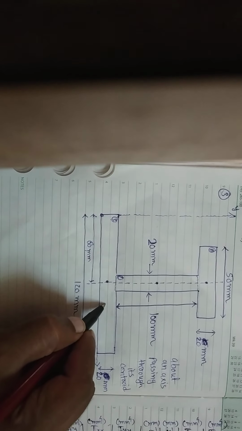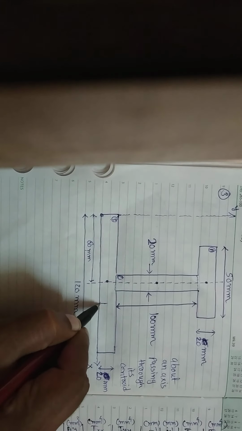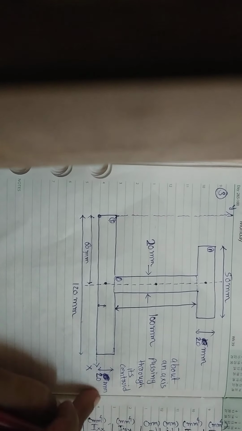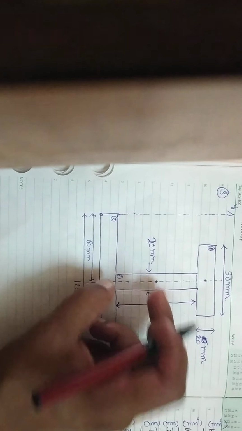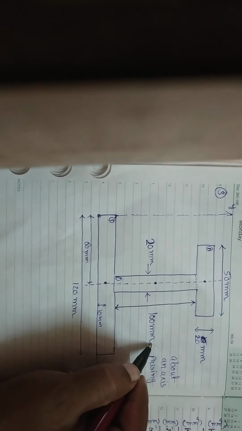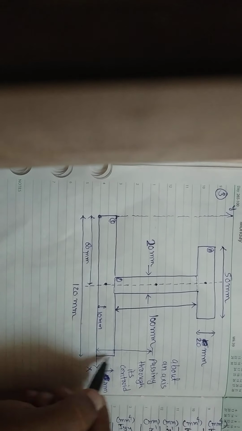But for the offset from the x-axis, I can take half of this width, and this width is 20 mm, so it is 10 mm, right? That is the offset of the center of the second section. If I mark this reference line from the x-axis, I take the distance from the x-axis to the centroid.